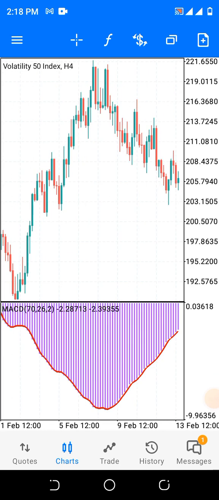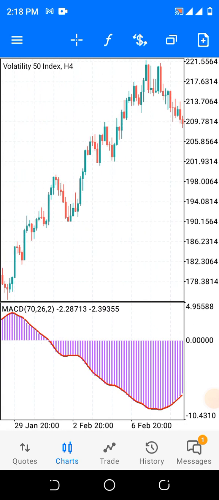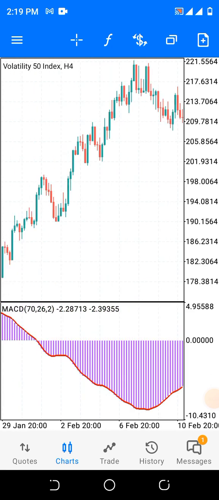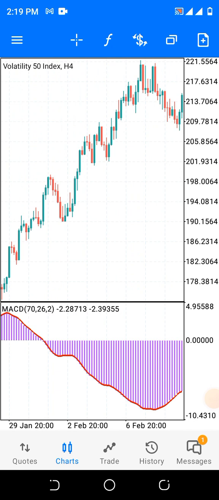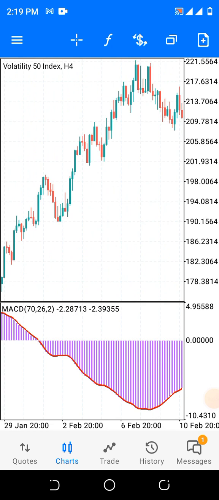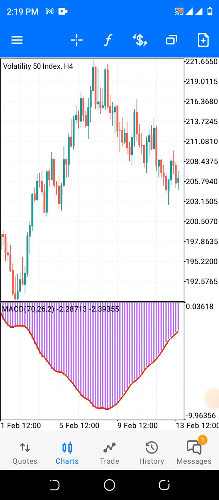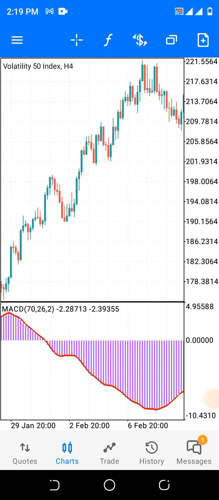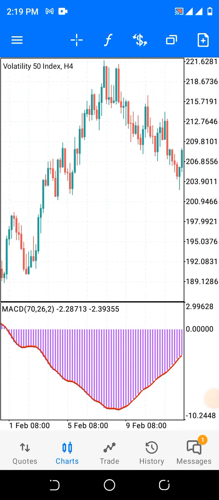Now, when you have the overall trend of the market, you come to the lower time frame to execute in the same direction. For instance, this is a Volatility 50 Index, time frame is 4-hour. Now I am using the MACD indicator to determine the direction of the market. I analyze the direction on the 4-hour time frame, but my trade execution will be on 15 minutes time frame. So this is a top-down analysis. You understand what is happening in higher time frame, then come to lower time frame to trade that particular direction.